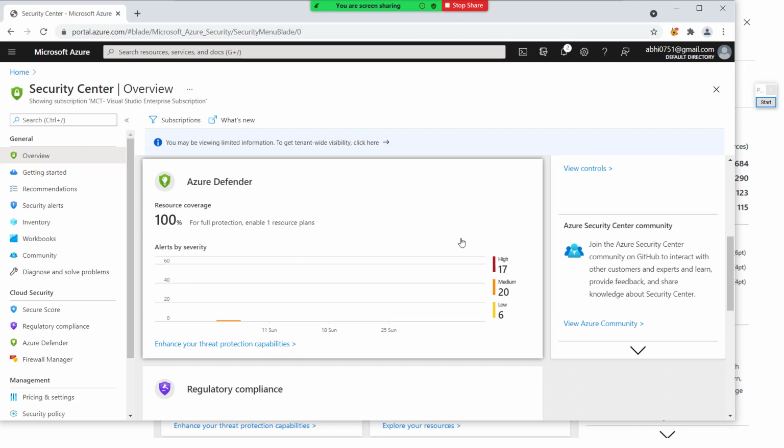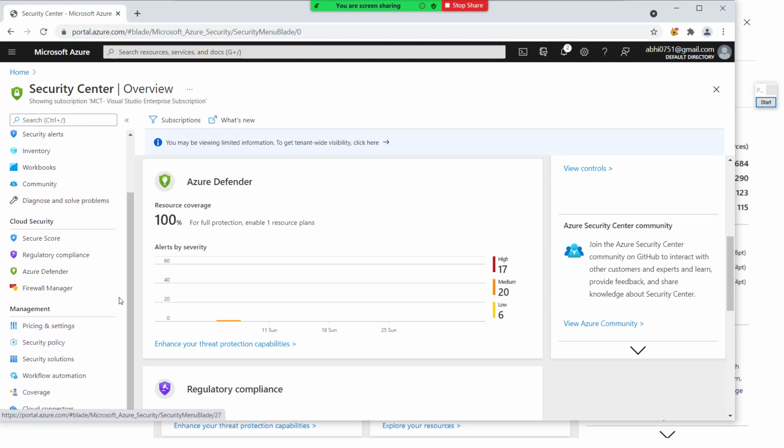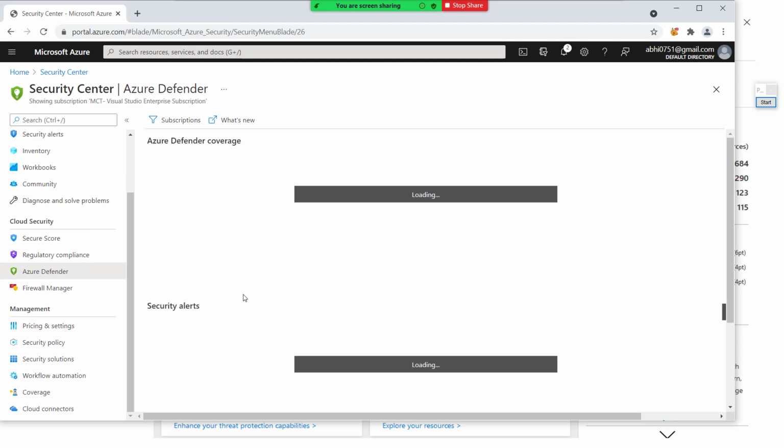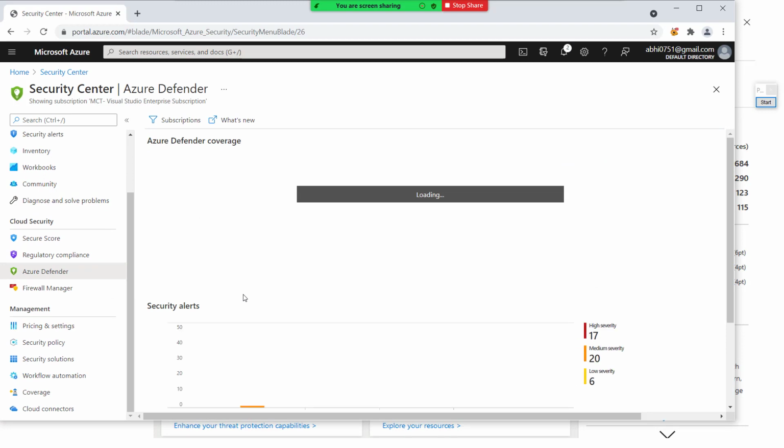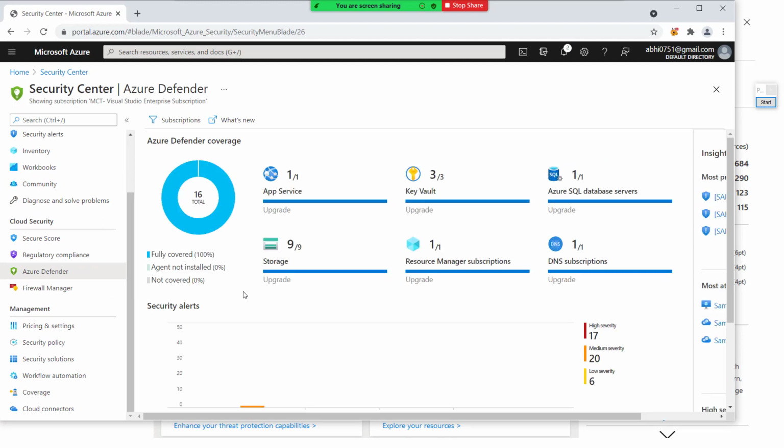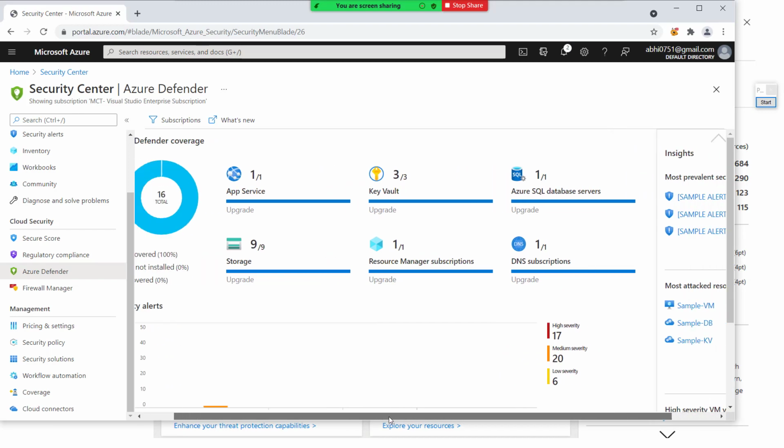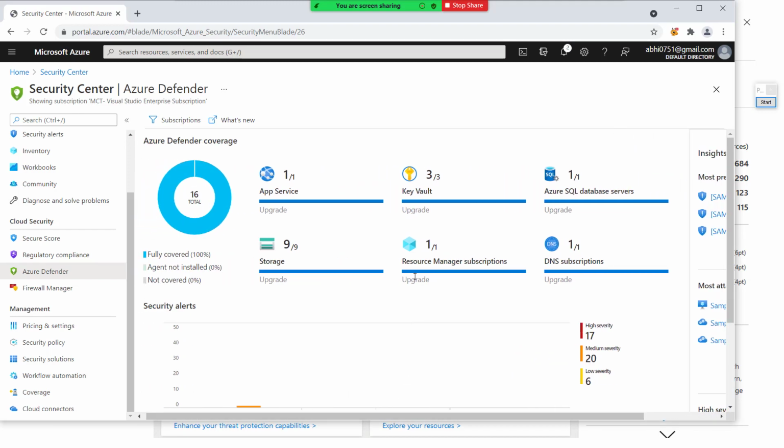Basic and standard. So you have to enable Azure Defender if you would like to have it, and then you can configure various things here. You see the Azure Defender, because I have already enabled it for my subscription, so it is giving me more insights. But it has some cost, right? It has some cost.